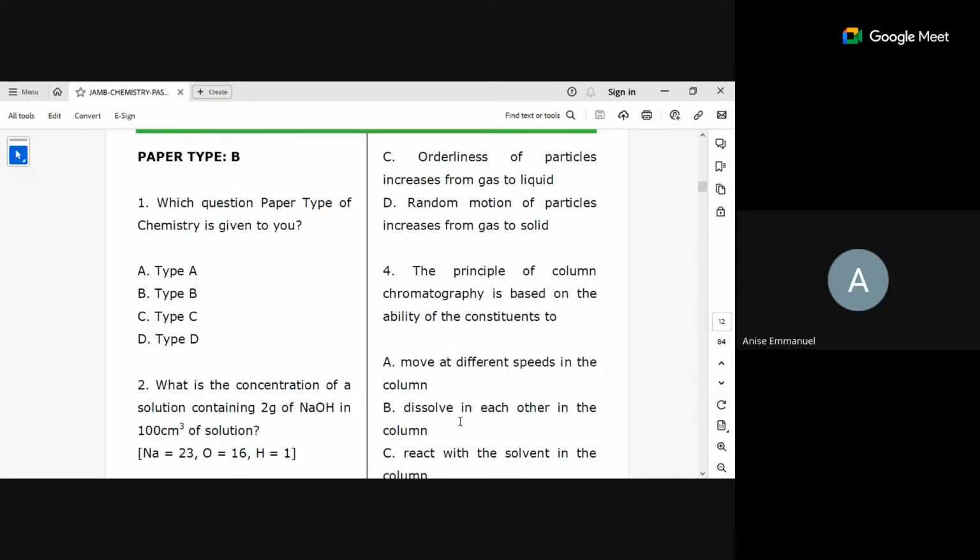Number 3 is use past questions, and that is what we are trying to do today. We're trying to look at past questions, and that will give you some pathways, some hints in passing or in getting a good grade. If you want to have 360, or 300 and above, or 270 and above, then you have to practice past questions. It will guide you.